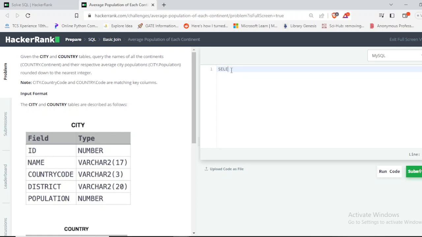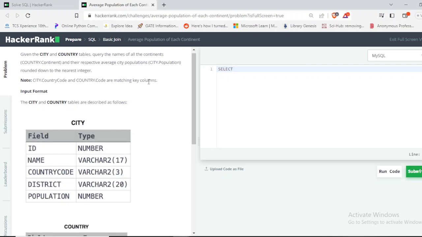Since there are multiple tables, we need to access columns using this format itself. Like if we need to access the column population from city, then it will be city dot population. And if we need to access the column continent, it will be country dot continent. So first we need to query the name of all the continents. So select country dot continent,